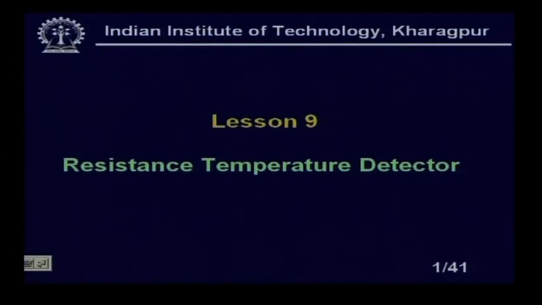Even though the resistance temperature detector is not used much in industry, where you will find thermocouples in huge numbers, and then thermistors, for precision thermometry, that means if I want to measure temperature with high accuracy, the resistance thermometer is the only solution. Even though it is a resistance thermometer, nobody calls it that nowadays; we call it the resistance temperature detector, and